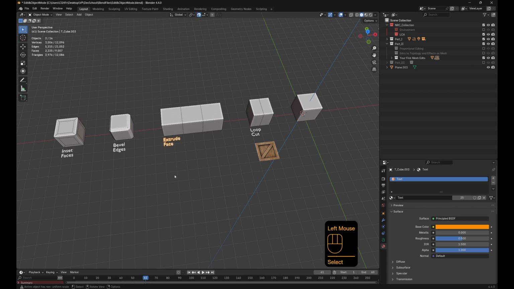And then next we'll go to extrude faces, and this is a tool that creates new geometry by extending selected faces or edges, often used to build out 3D shapes from a flat surface. Bevel edges, that's the next one, and this one smooths out sharp edges by adding a chamfer or rounded transition, giving a model more realism. And then the last one is inset faces. This creates a smaller offset face within a selected face, and this is useful for adding details like panels, buttons,